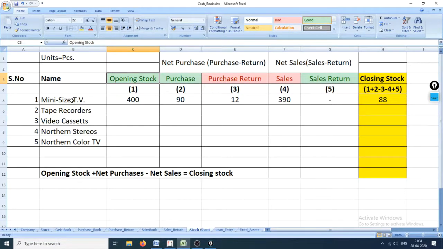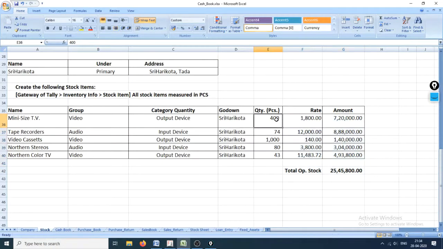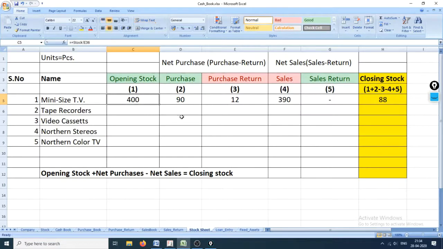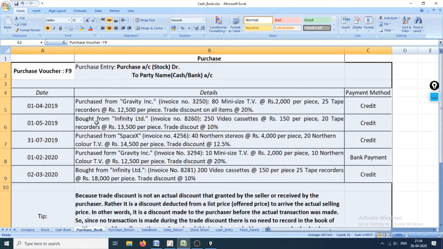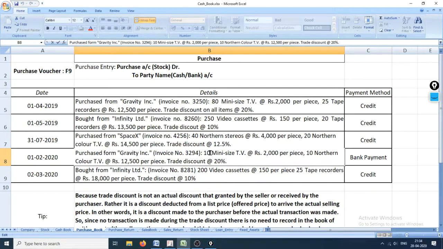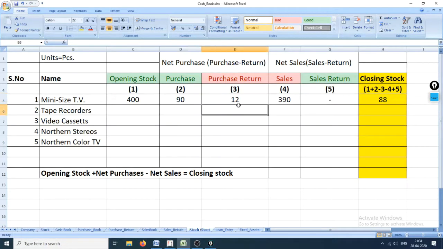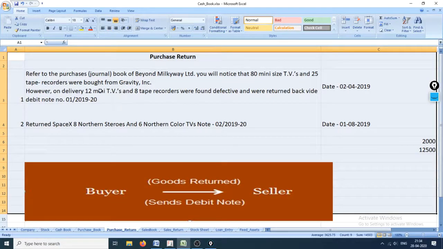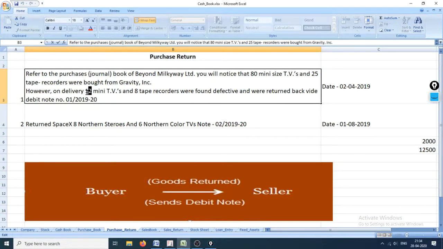So let's consider mini size TV first. Let's go to this stock sheet right here. The opening was 400. In the purchase book, the purchase was 80 for mini size TV and 10 for mini size TV, so 90 was the purchase. The return amount is 12 mini size TV.